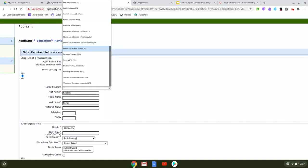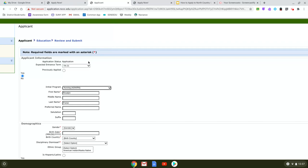So this all depends on what your end career goal is, and if you do plan to transfer out, what you're thinking about for a bachelor's degree. So if you're unsure, let us know. If you do know what you want to do, go ahead and put that in. If you are trying to go into the nursing program, you'll click nursing right here. But like I said, you might not be accepted. They might change it for you to health sciences. So for this purpose, I'll pretend that I am applying to the nursing